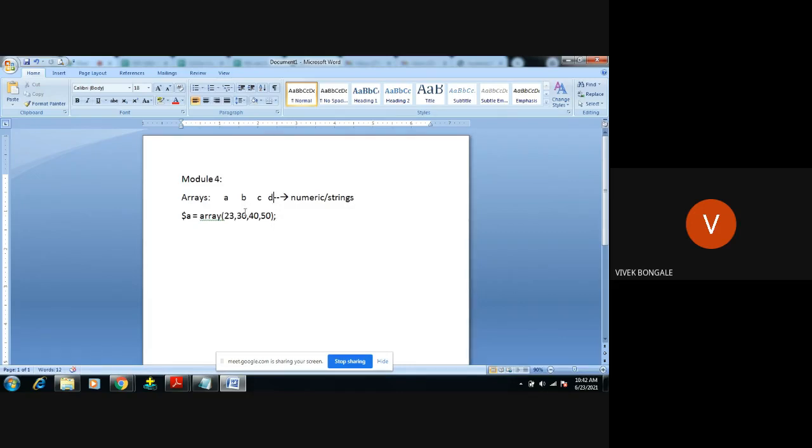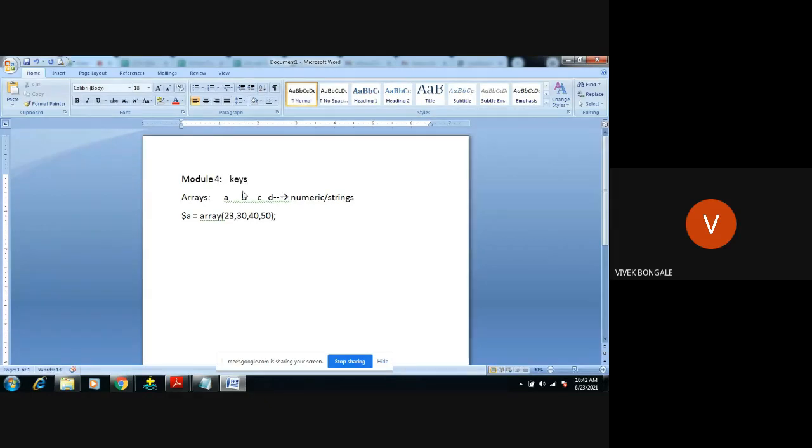If you want to access the 40 value, you can use c as the index. Here in PHP, we say it as keys, not index.